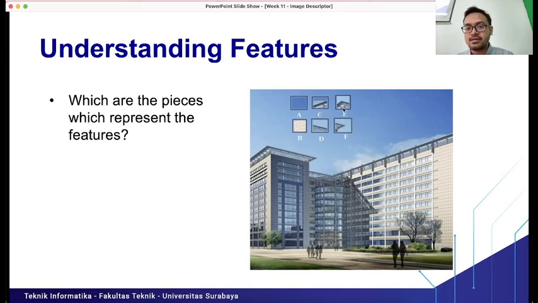But C and E maybe can be features. These pieces of the image can be used for representing the building, right? And B, D, and F too, maybe we can use these pieces to represent the building. And our work here is to make our computer able to extract the important features from the image.